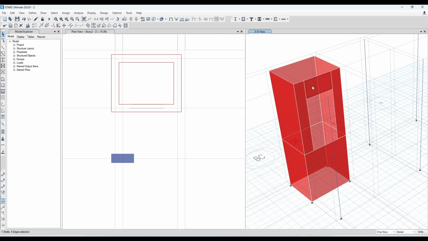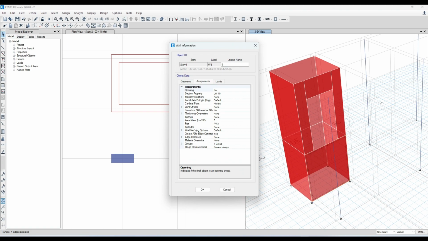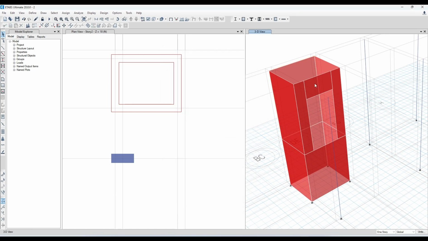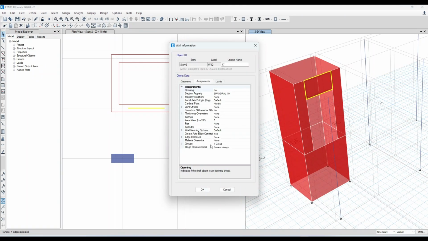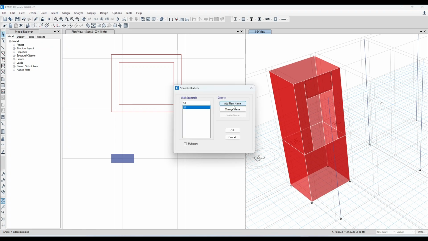But for this one, you can see that no ID for a spandrel, because this is not a spandrel, this is just a pier. Also for this one, this is just a pier, no spandrel ID has been provided by ETABS. But for this portion, that means for coupling beam, there is no pier ID, also there is no spandrel ID.